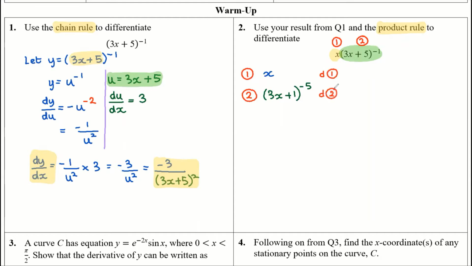Okay, so this is where we can use our previous result. Now the derivative of 1, well, if you differentiate x, of course, you're just going to get 1. Okay, now if we differentiate 3x plus 1 to the power negative 5, that's the result that we got here. Okay, so I'm just going to write that in. So that's going to be negative 3 over 3x plus 1 to the power